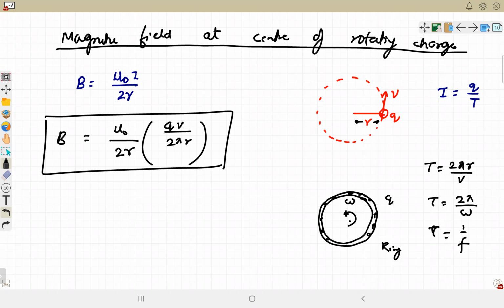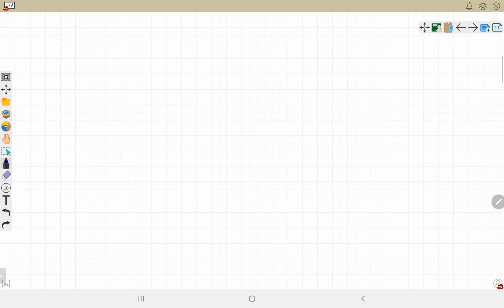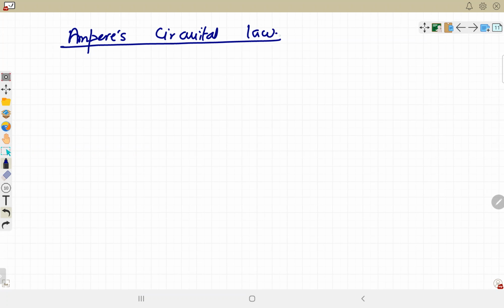Very nice. The next case: just as we had a method in electric field to find the electric field of a symmetrical region, Gauss law, likewise in the case of magnetic field, we have another mathematical version to find the magnetic field called Ampere's circuital law. The questions involving integration, the ring type or this type of question, we will do after finishing this part. At the end, in the miscellaneous problems, we will solve questions involving integration. As of now, we are using only direct formula based questions.